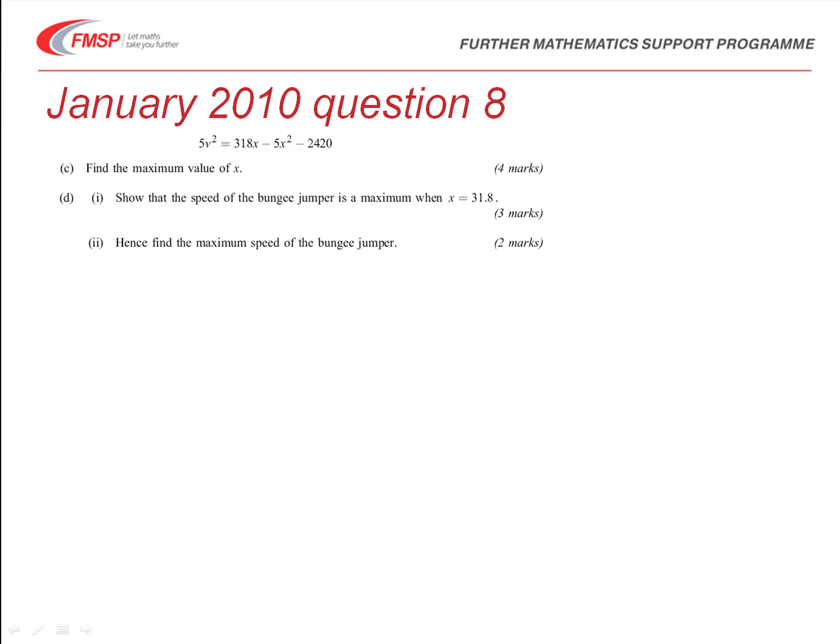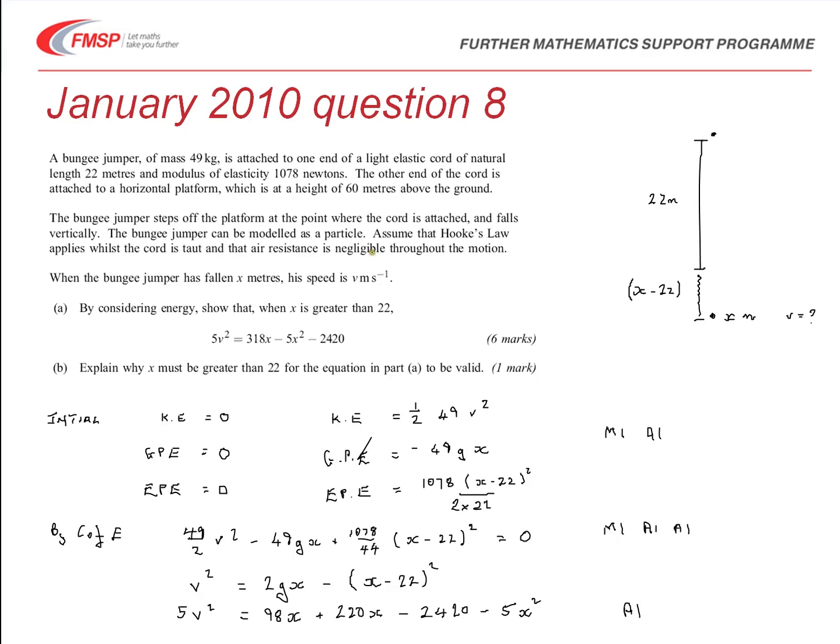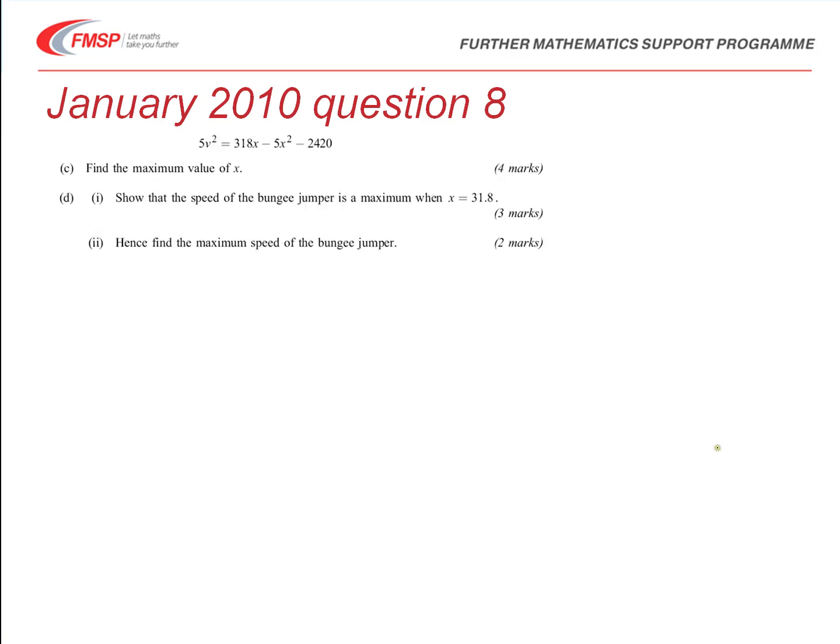Part C then says find the maximum value of x. So in other words, looking back at the diagram, it's the lowest point to which it will fall. Well, at its lowest point, v must equal 0. That is the key thing. So you need to say in part C that at max, v must equal 0,